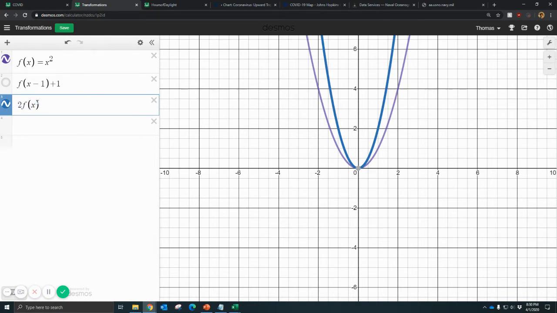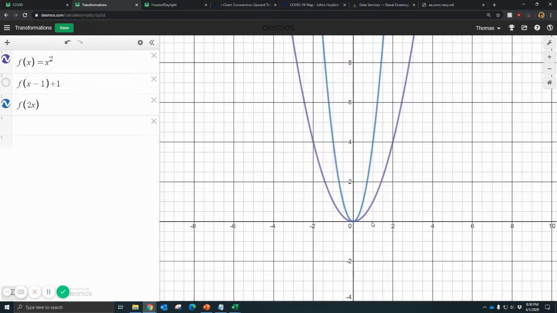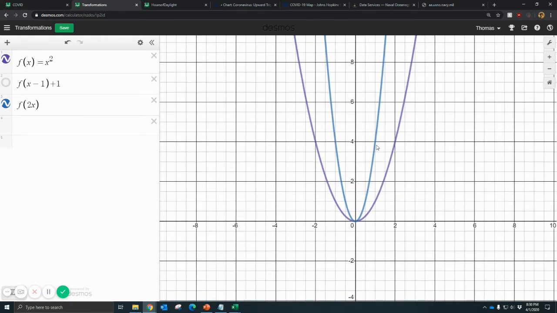I can also instead multiply the inputs. If I wanted to make this graph narrower horizontally, I'd be multiplying all the inputs by 2. So you can imagine that instead of it being x squared, I made it 2x squared. Let's just plug in a number for x. If it was 1 squared, it'd be 1. If it's 2 squared, it would now be 4. So if I made it 2x, now that 1 is going to be 4 instead of where it was before. Sorry, I would have been at 1 before. These are different ways we can adjust the graph.